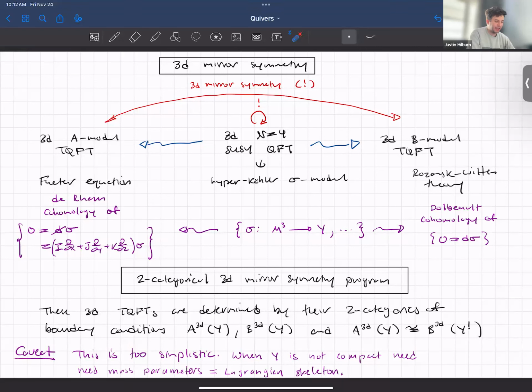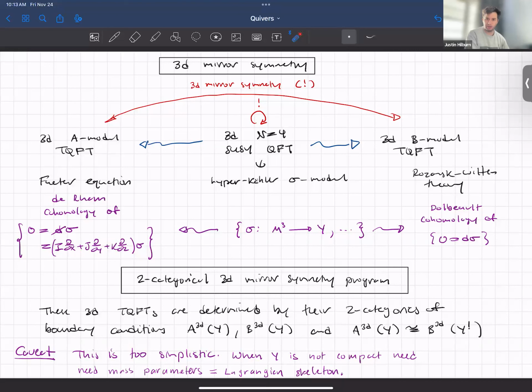And again, there's a mirror symmetry operation that acts on the space of 3D N=4 quantum field theories, and it exchanges the A twist and the B twist. And I would like to find some way of phrasing this in a mathematical manner. And so the way that I'd like to do this is to formulate some sort of a two-categorical 3D mirror symmetry program. So basically, it's well known that three-dimensional topological quantum field theories are